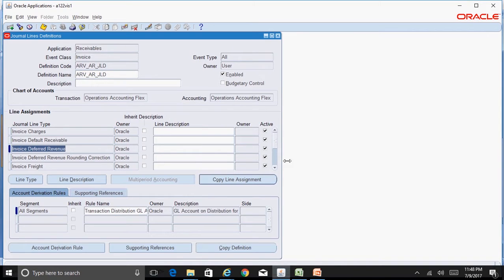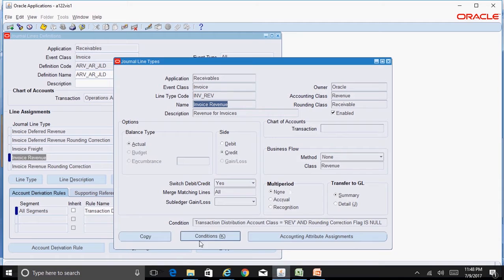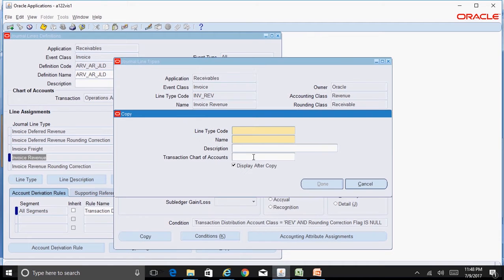Our requirement is to default a specific revenue account code combination. So you need to look for the journal line type of Invoice Revenue. That's where you need to make your changes. Again, this is the standard Oracle provided journal line type. Click on Line Type and click on Copy to create your custom journal line type.